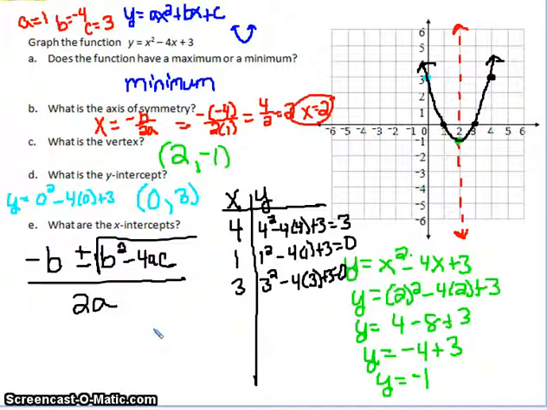I think you can do it. I want you to try it for me. I'm sorry that I don't have a whole lot of time left. Plug that in. It should simplify to give you 2